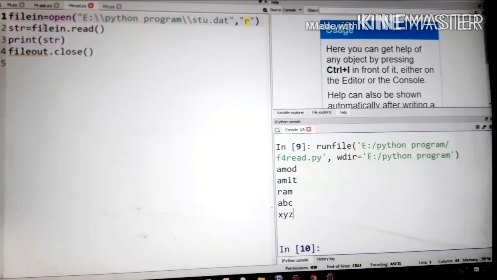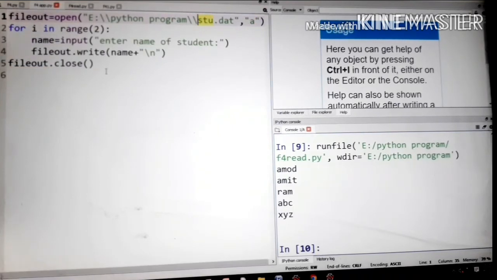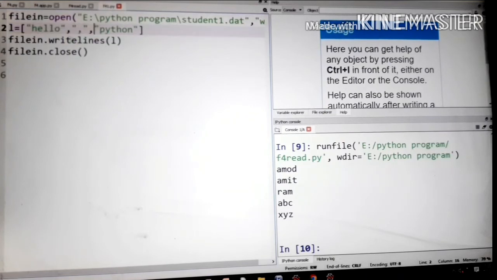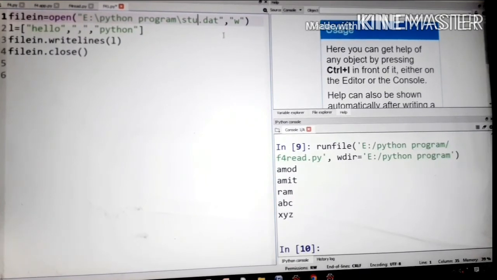Now the second form of write, that is writelines. The writelines function basically takes lots of text in the form of a list. So that's why we use the writelines function. Let us see the same student file, we can overwrite the data. Again in write mode, the information here is hello and Python in list form. Now we call the writelines function with the list as parameter. Again the file close, that is very necessary.